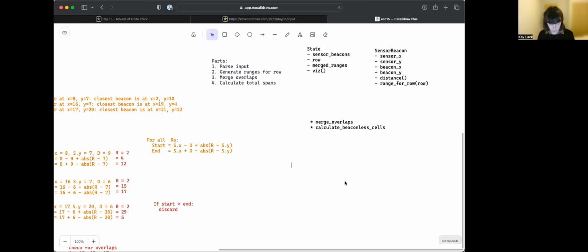So my plan of action is 1, write state, 2, actually write sensor beacon, 2, munge input of trial, 3, write state. I'll have some sort of viz. 4,